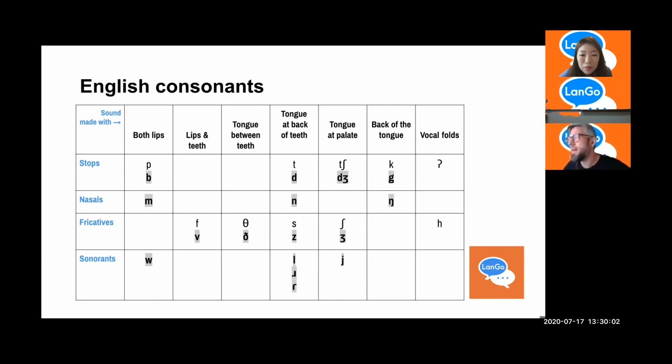Okay, moving back, we have the tongue at the back of the teeth. And there we have pretty much everything. That's right. That's our alveolar ridge section. And basically like every kind of consonant's represented there. This is a hop in place. And it tends to be in most languages. And you can imagine why. That's where the tip of the tongue wants to go.